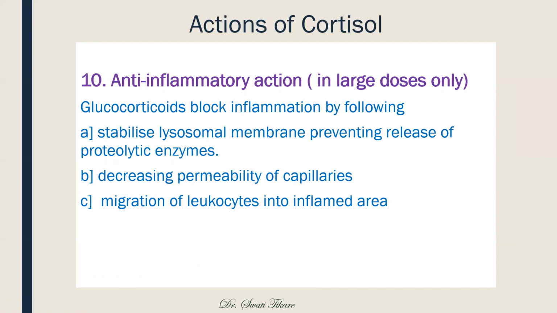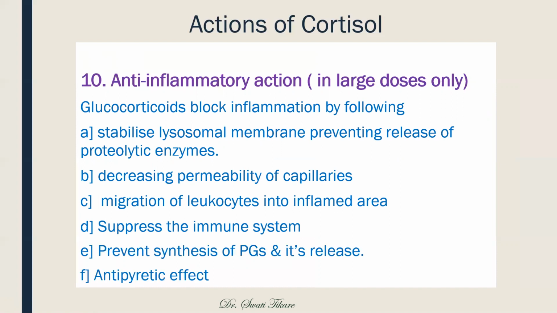They are preventing all this from happening. These are the anti-inflammatory actions of cortisol. They suppress the immune system. They prevent the synthesis of prostaglandins and their release, which are actually the inflammatory hormones. They have an antipyretic effect, that is, they lower the temperature. So these are all the actions,